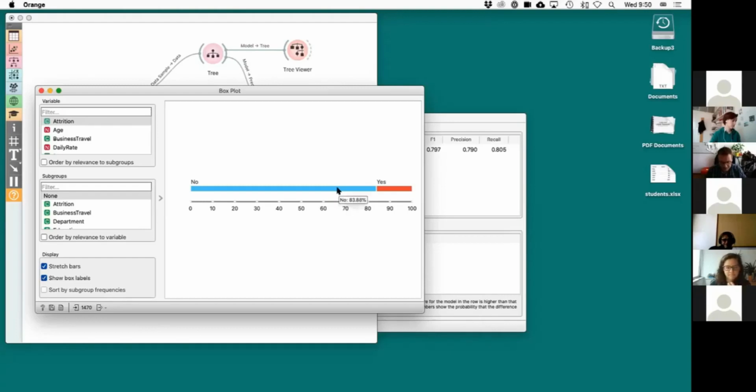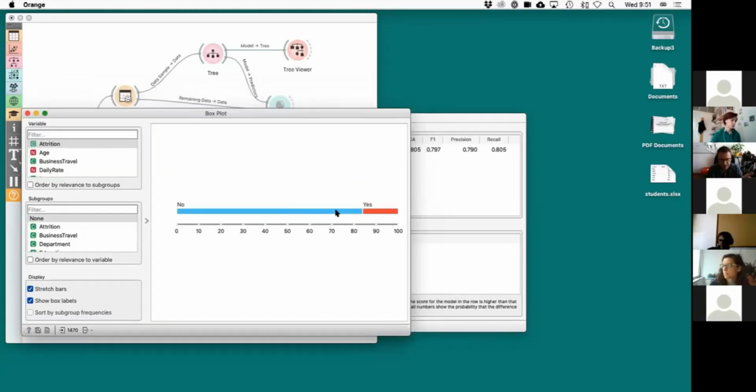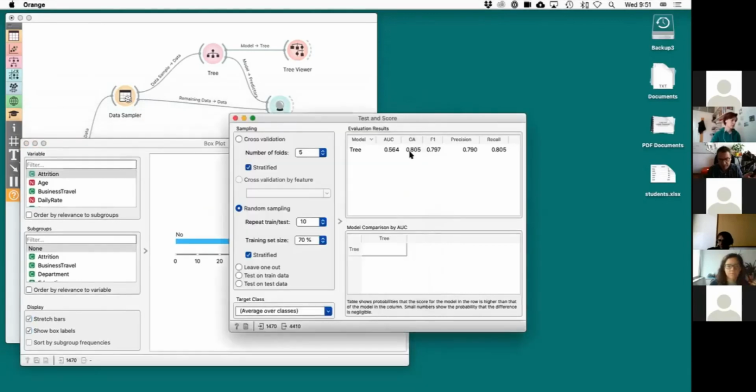So when people just report the classification accuracy, without knowing the distribution of the class, you can throw that away. It doesn't mean anything. The problem here is in the distribution, and the classification accuracy is doing even worse than a predictor that would say no all the time. So 80% is not okay.